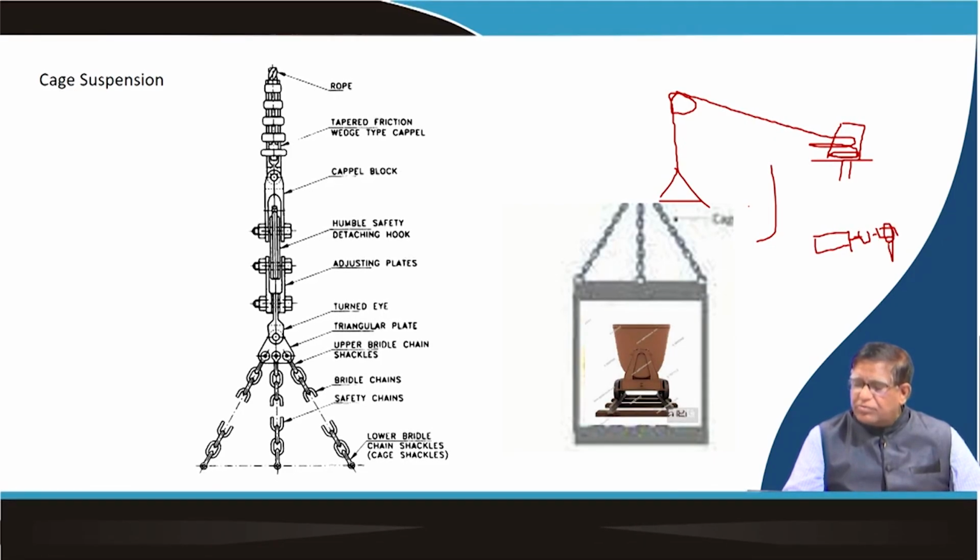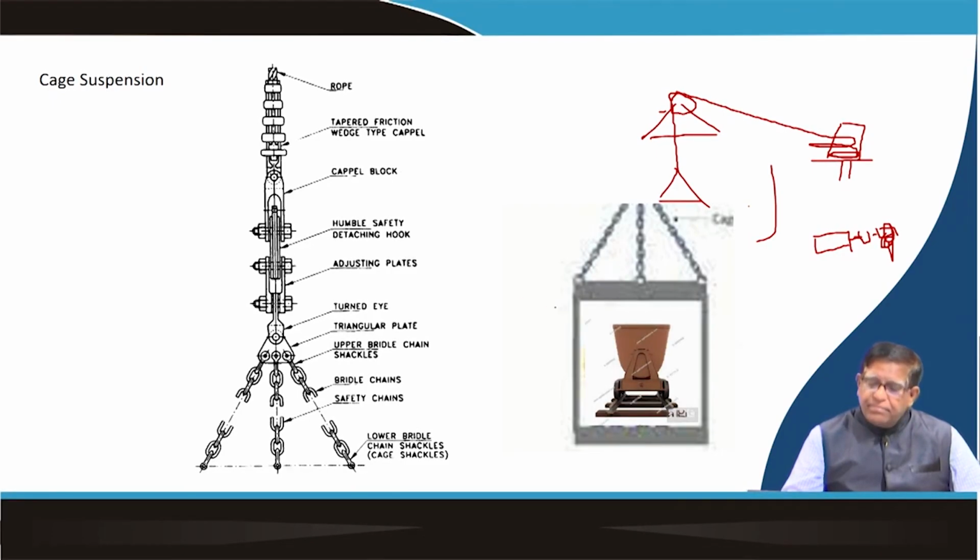Now, if the motor control is not there when you are winding, or if the brake is not applied or the brake is failing, then what will happen? This whole thing will keep going, and it will hit at the point where the sheave is mounted. So, at that time there will be a disaster. With such momentum, if it hits, it will break down, and that is why this safety hook is used. There is an arrangement that when it is overwinding like that, with this hook and a safety plate,